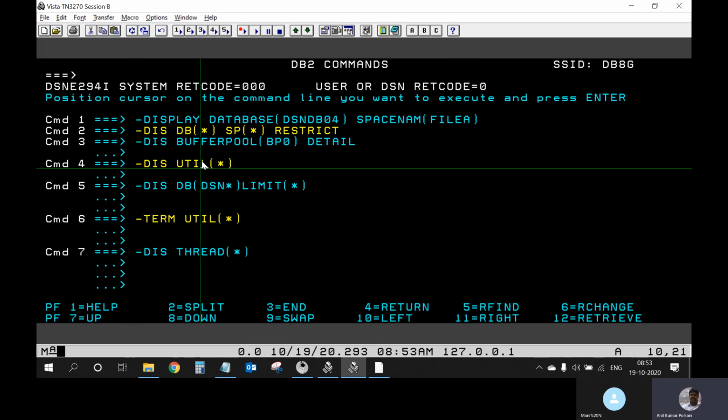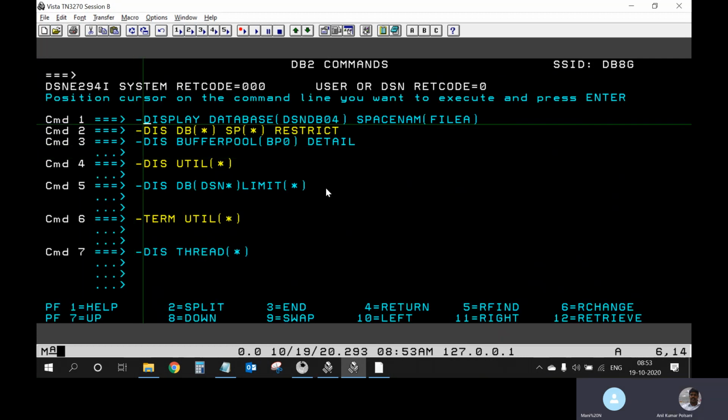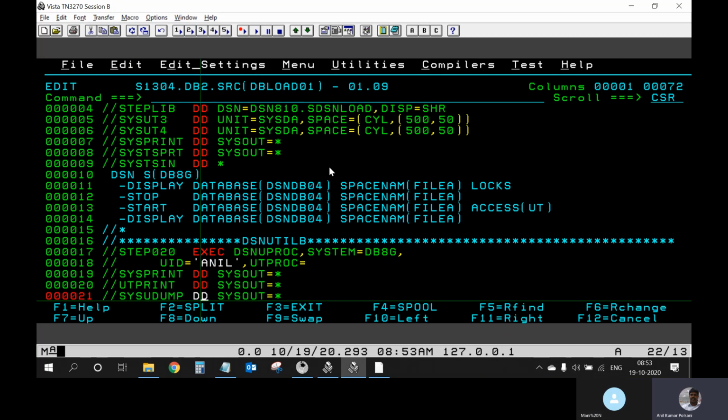After that, I can just run display again and see there are no more utilities over here. Similarly, if I run this display statement, the utility status has been removed. All I need to do is simply go back and then start loading.